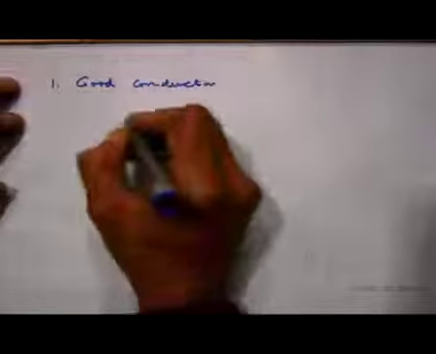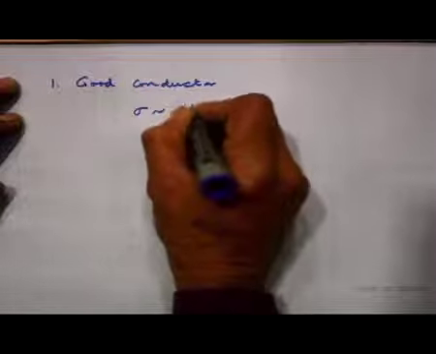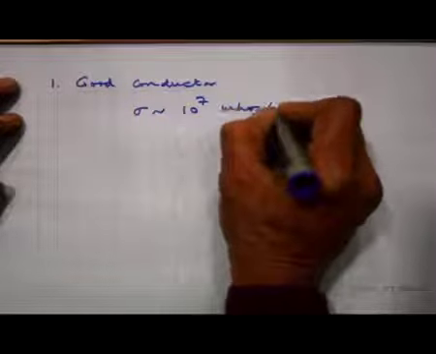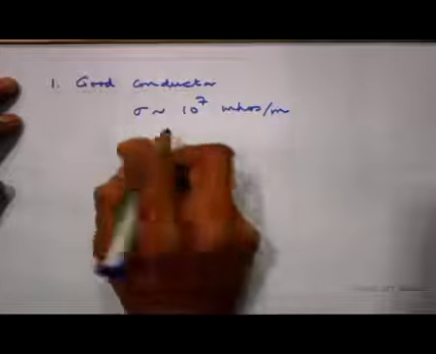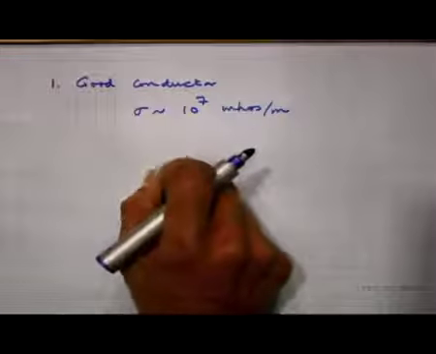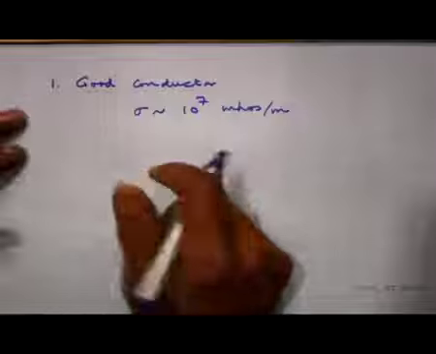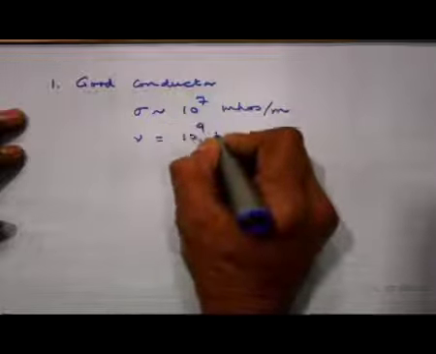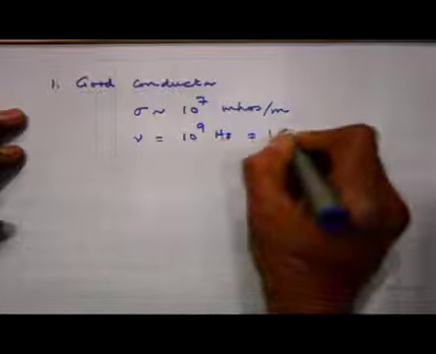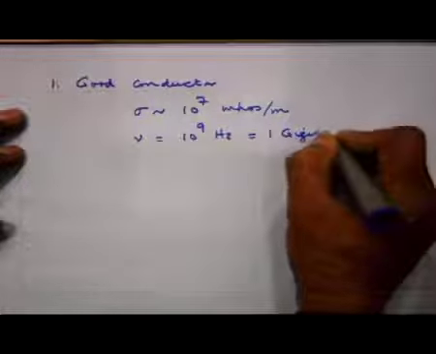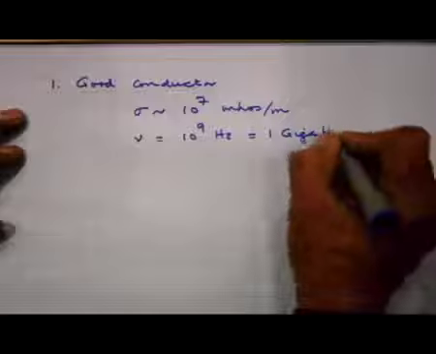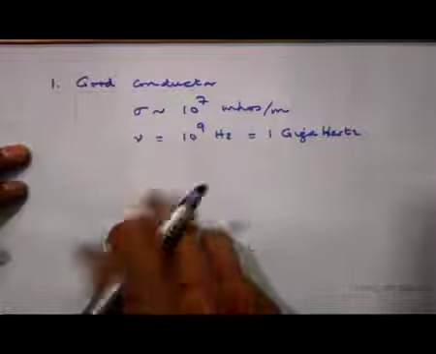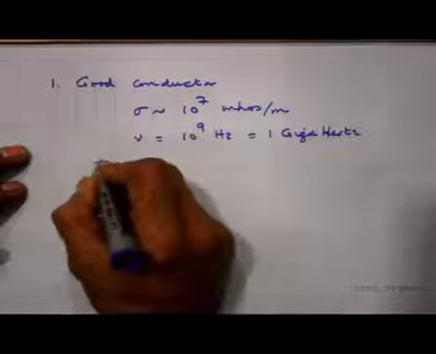So, in a good conductor, the conductivity is approximately 10 to the power 7 mhos per meter. It is a large conductivity. So, that is what is called a conductor, it is a very large value, and if I take a frequency of say 1 gigahertz, remember we had introduced this 10 to the power 9, which is called a gigahertz, then